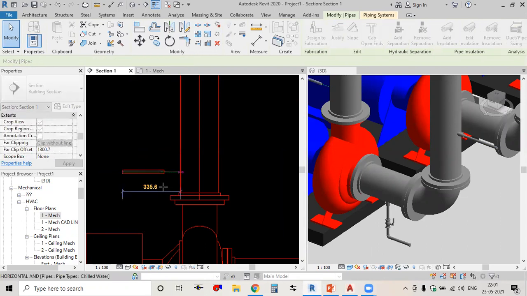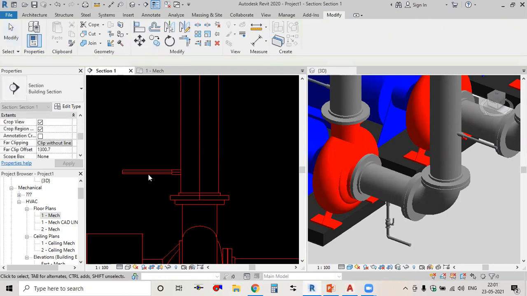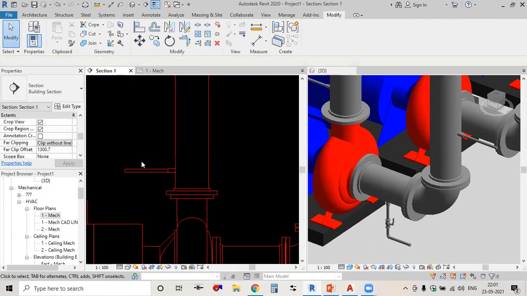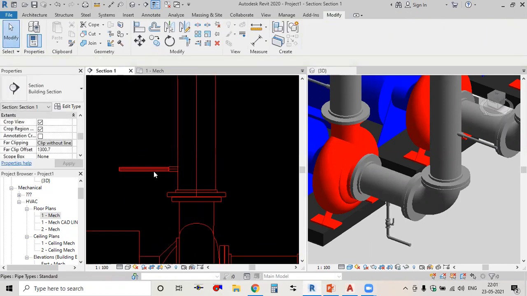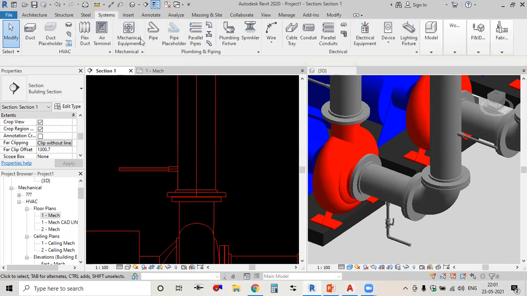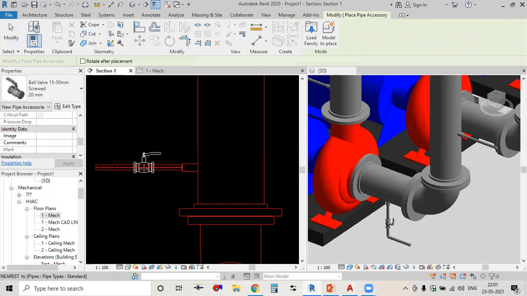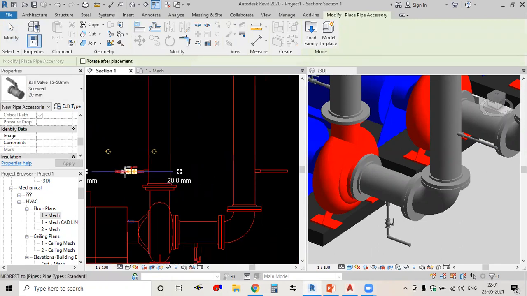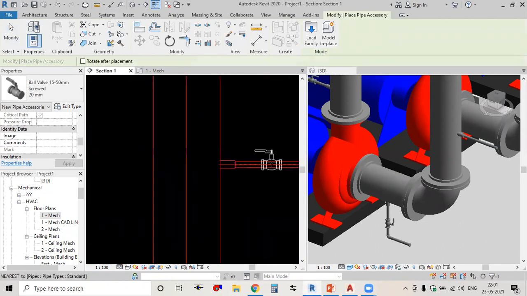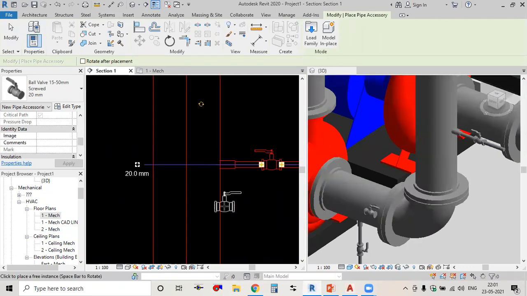Draw the connection. Before placing the pressure gauge, we'll place a ball valve, one this side and one on this side. Fine.